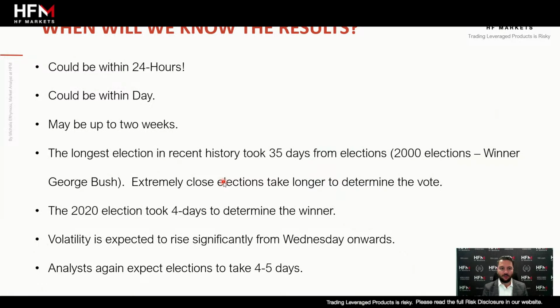So, how exactly do we know when we're going to get the results? And what I will say to people is don't be so fixed on getting the results, but actually be fixed on when enough votes have been counted, especially in those states where we don't know if they're going to vote Republican or Democrat. Now, concentrate on when within those important states we know who's likely to win, if it's going to be Harris or if it's going to be Trump.